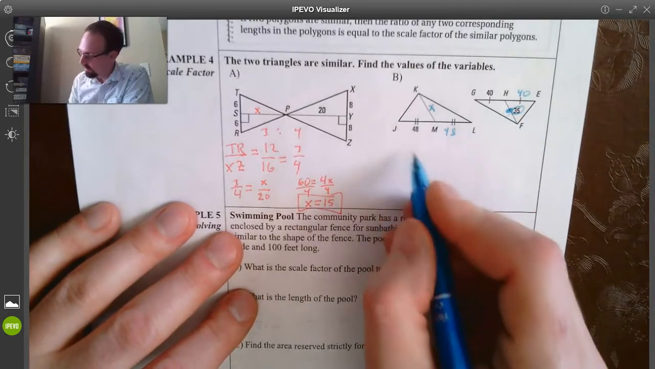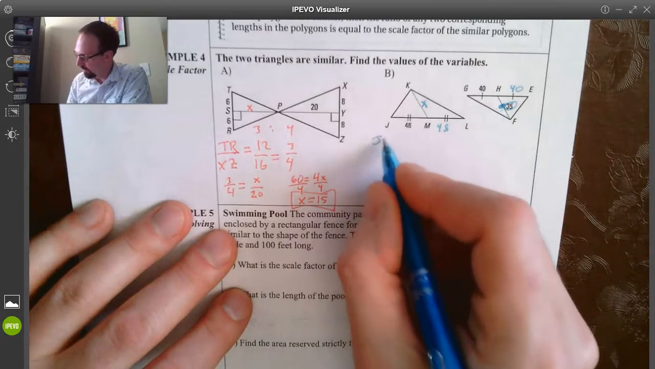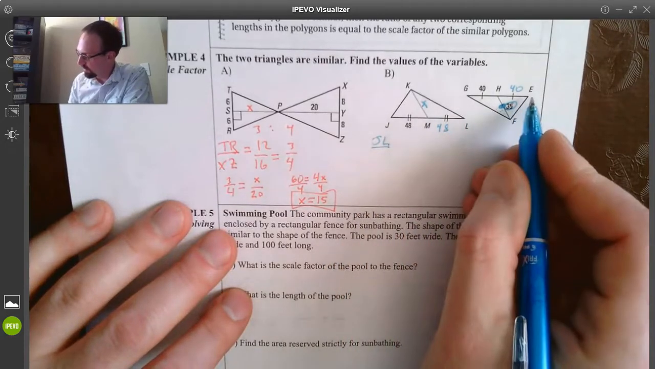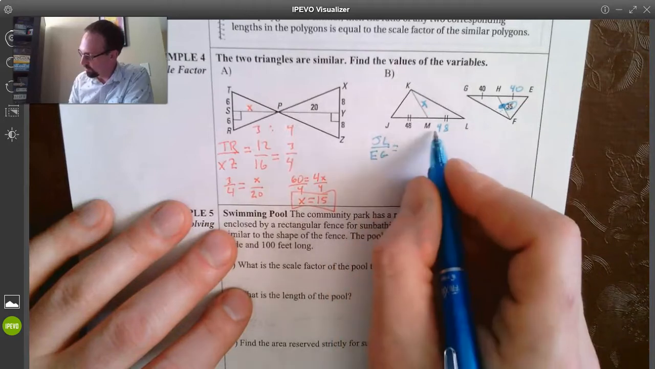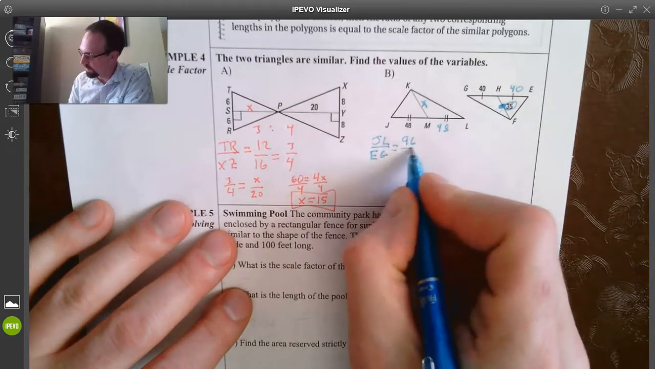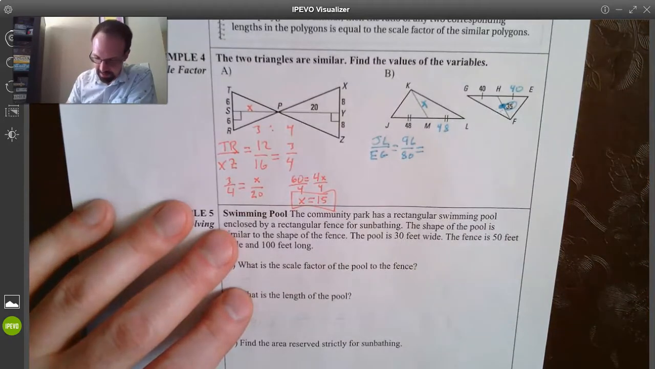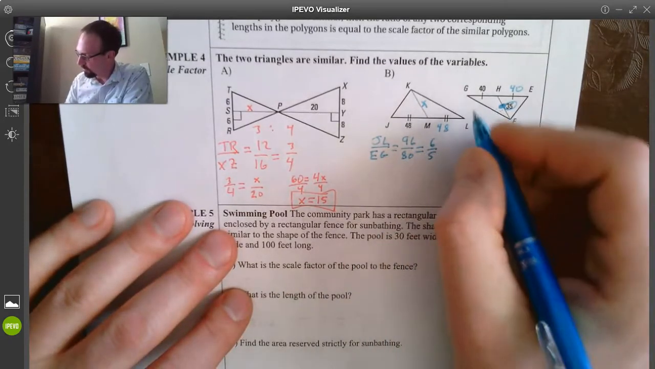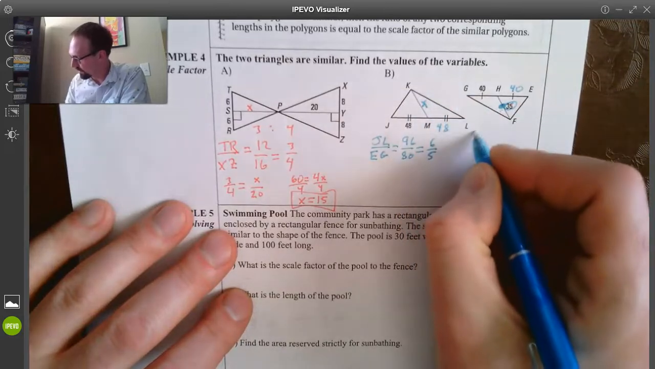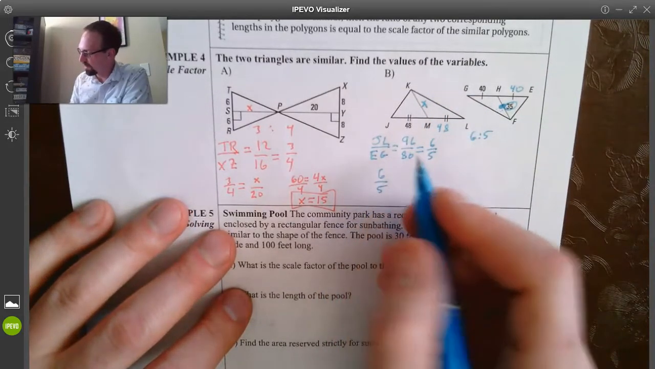So then I know, let's see, if I'm going to find the scale factor, that's going to give me j to l over e to g. And j to l is 48 plus 48, so that's 96, over 40 and 40, so that's 80. So 96 over 80 is going to reduce down to 6/5. So my scale factor is 6 to 5,